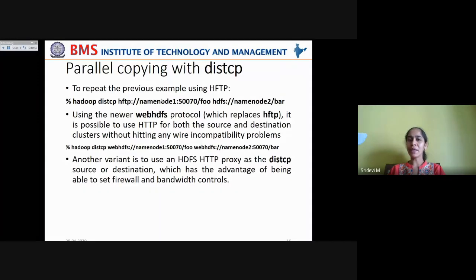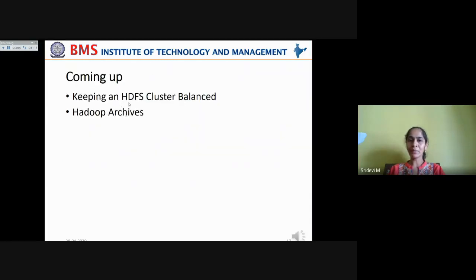You're copying data from one cluster to another, but here the URI used for the source is HFTP, and the destination cluster can use HDFS.